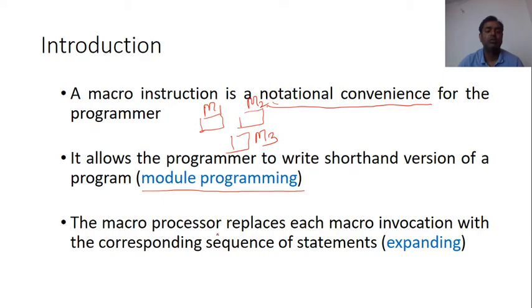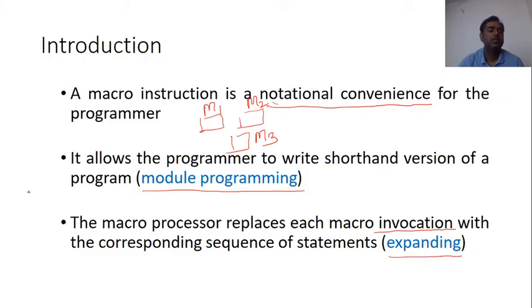The macroprocessor replaces each macro invocation. Remember that here I am using the word invocation. Basically the word call is used in the case of a subroutine, but in a macro we use invocation, with the corresponding sequence of statements. That is known as expanding.